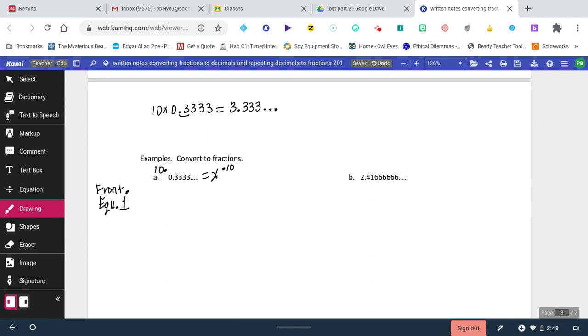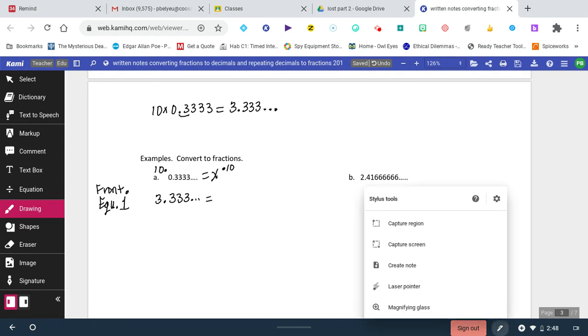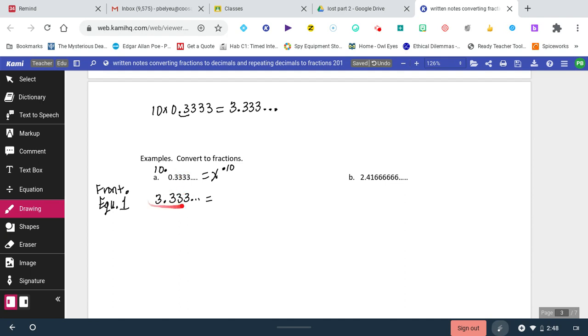All right, so equation 1 will just be 3 and a bunch of 3's over here. Over here, you would end up with, and I'm showing you this, 10 times this gives me that. X times 10 is 10x. All I did was multiply both sides by a power of 10. How do you know what power of 10 to multiply both sides by? All you do is look and say, how many places must I push my decimal in order to get the repeating digit in front of it? It only needs to move once. Well, what power of 10 only has one 0? 10. So you multiply both sides by 10. That's equation 1. For equation 2,